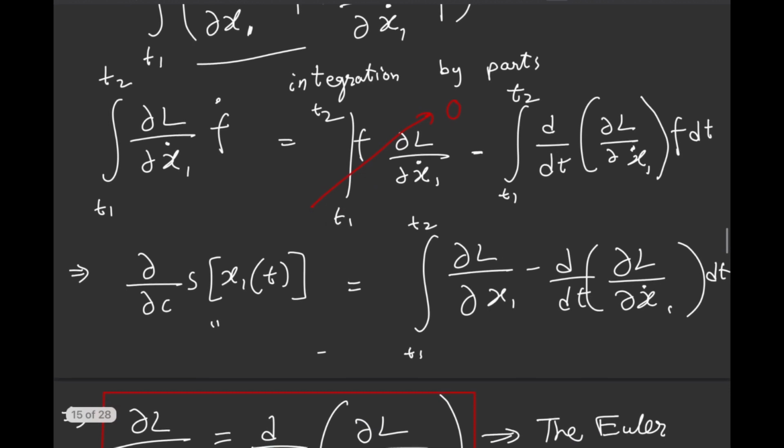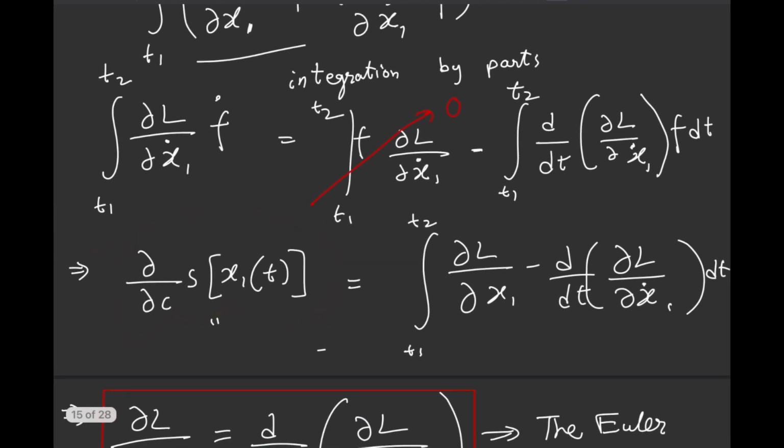And hence we just get dou by dou c of S of x1 t is nothing but dou L by dou x1 minus d by dt of dou L by dou x1 dot